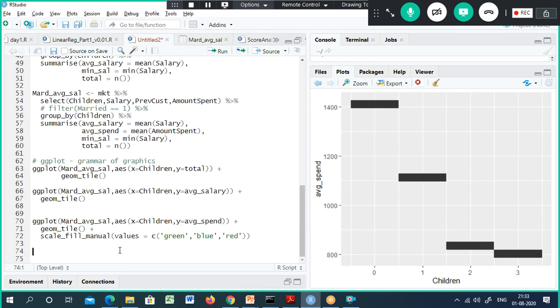So now you understand the purpose of ggplot and how to use ggplot. There are 4 components: the data frame, aesthetics, and then the type of the chart. With scale fill manual, you can specify the kind of color or font, everything. I have another case study, and when I work on that, I will show you what options are available as part of scale fill and all.